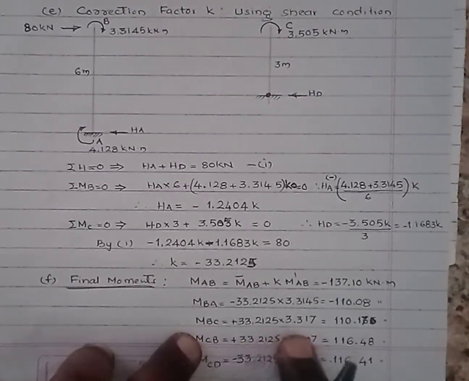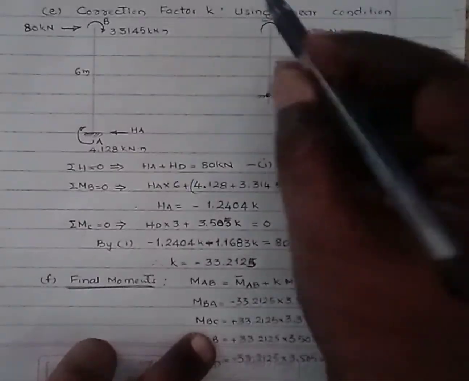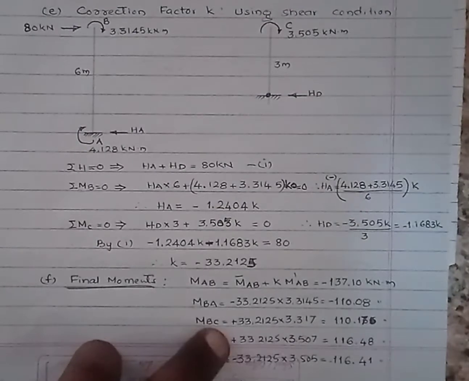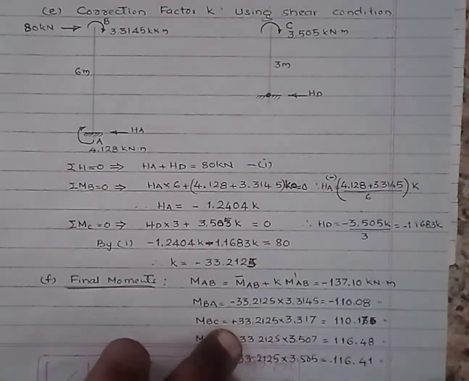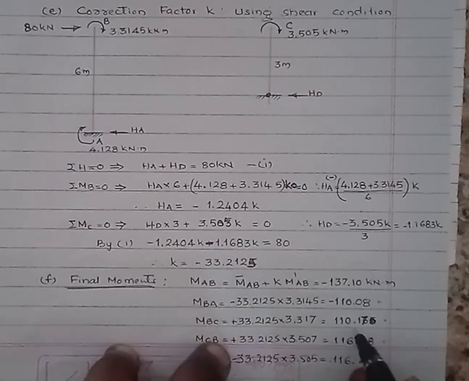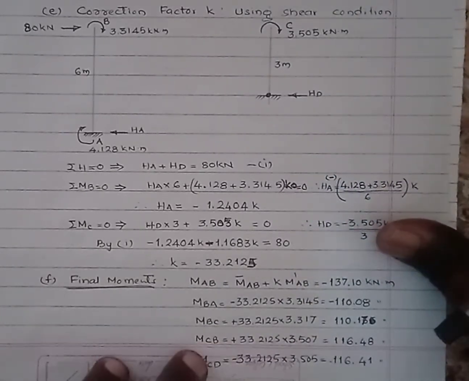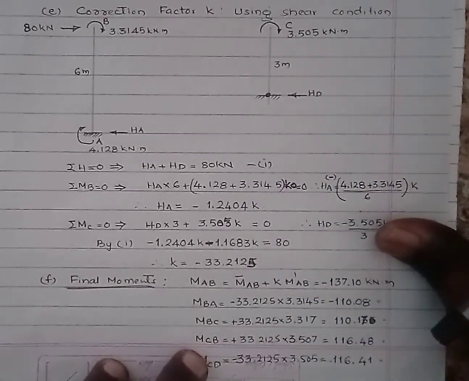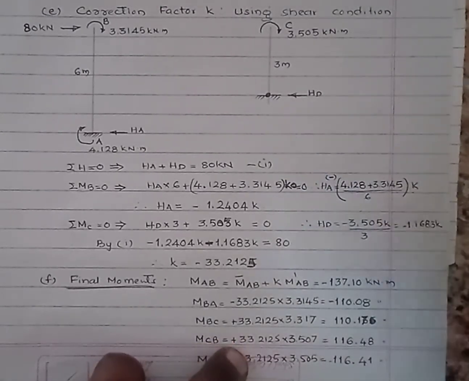Then MBC: the K value is negative and the moment is 3.317, so minus into minus is plus, 33.2125 into 3.317, that is positive, 110.17. Similarly MCB is also negative, minus into minus plus, that becomes